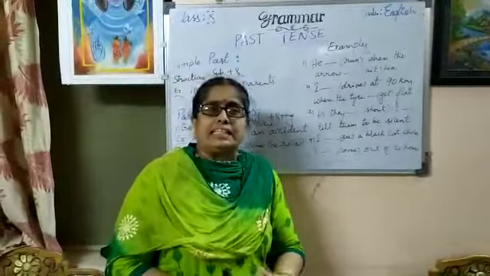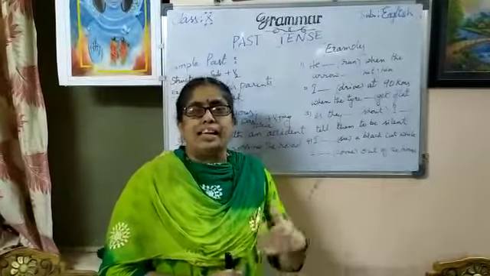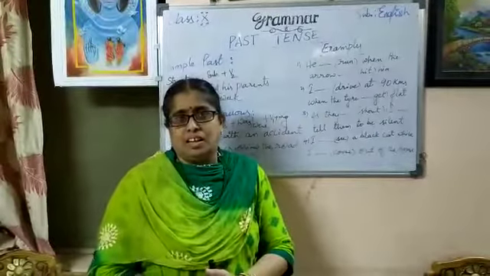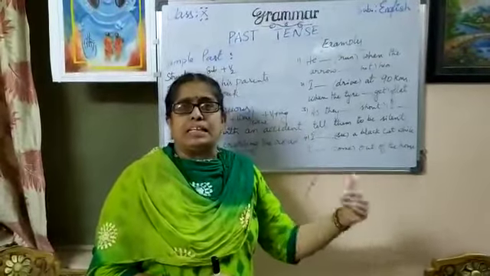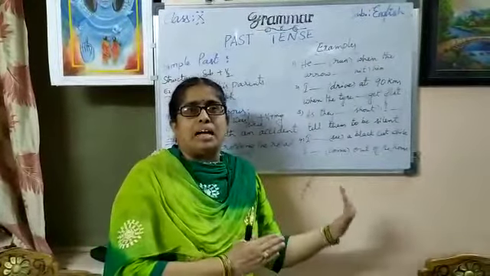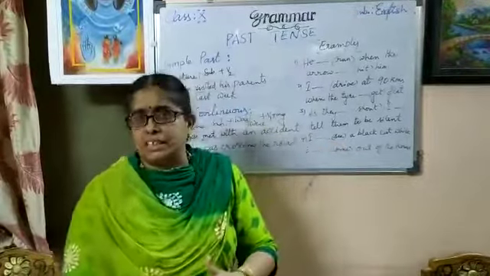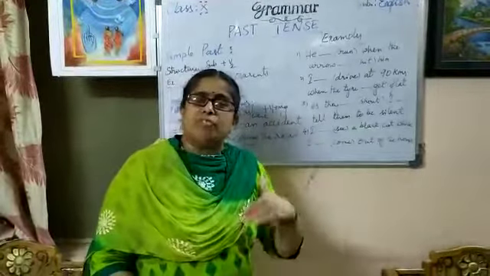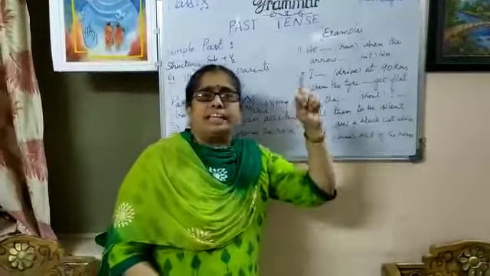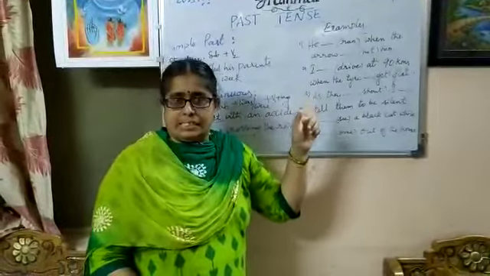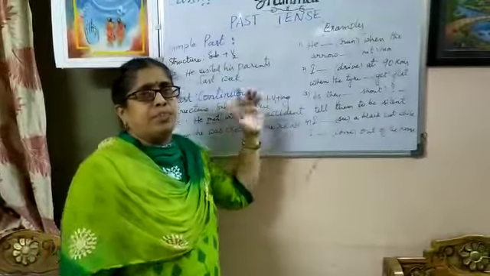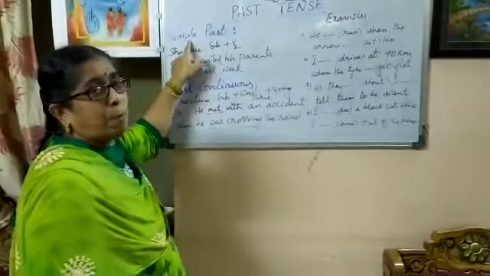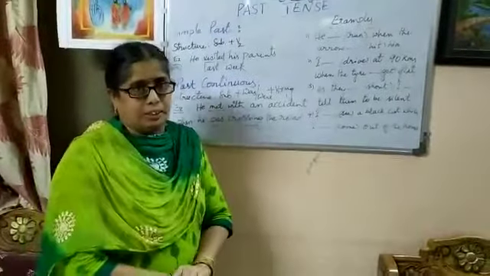As already in the tenses introduction class, I explained there are 4 subdivisions of tenses. Beyond these 3 primary tenses, present, past, future, these 4 subdivision tenses are simple, continuous, perfect, perfect continuous. These 4 sub tenses will be there for each of the 3 primary tenses. And in past tense, those sub tenses today we are going to learn. The first sub tense is simple past, the second one is past continuous.